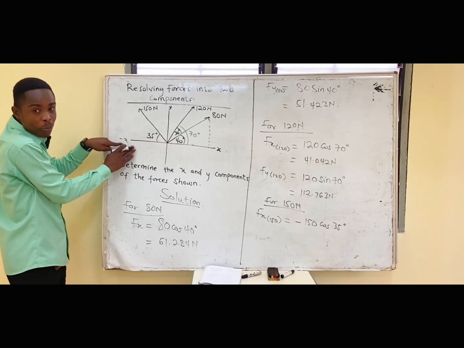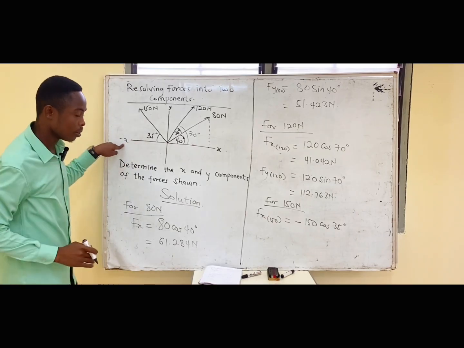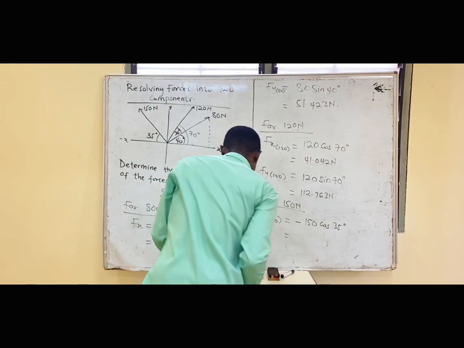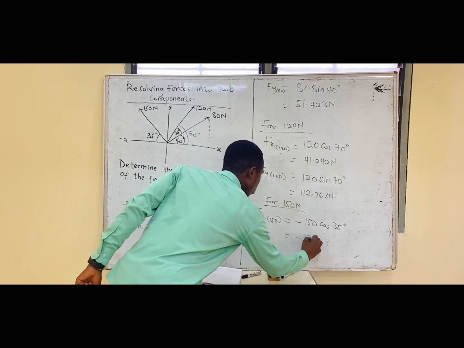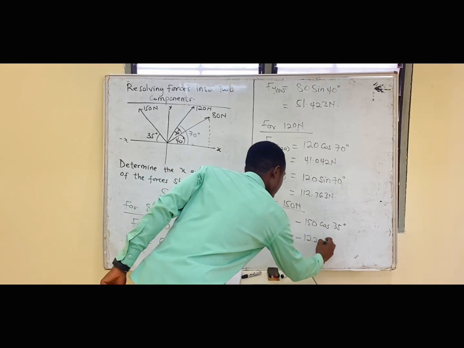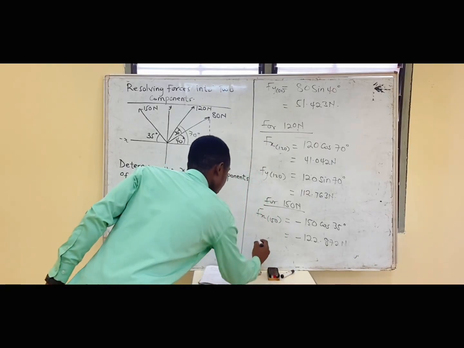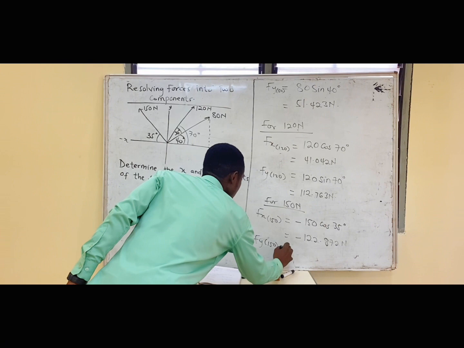That's why the x component for the 150 Newton is negative. Please, I hope you are with me. Good. Now our answer will be negative 122.872 Newton. Then finally we have the Fy, that's the y component for the 150 Newton, which will be equal